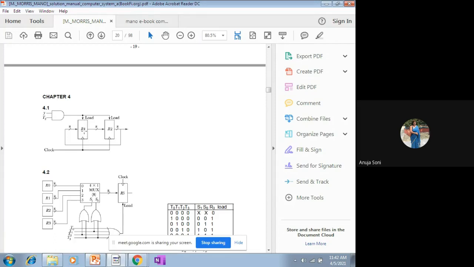What actually are we going to talk about? We are going to talk about the transfer of n bits of data from register R1 to R2, and henceforth from R2, from these lines, back to R1. That way the data transfer will take place, and that way the swapping of the contents will take place.